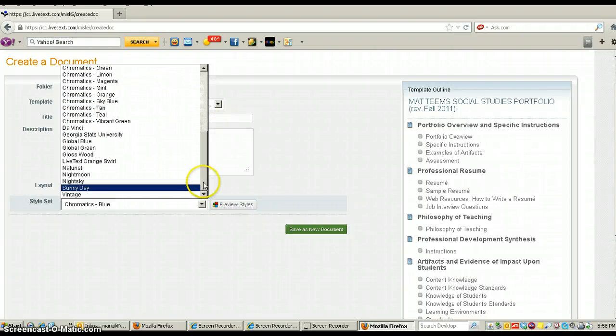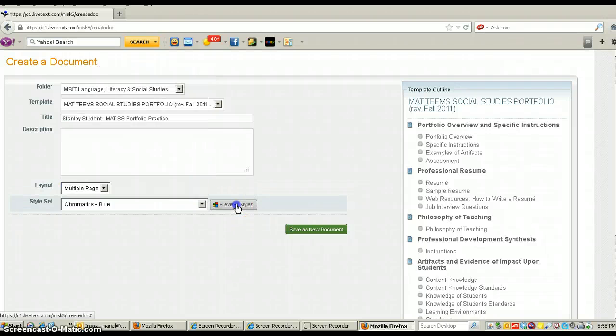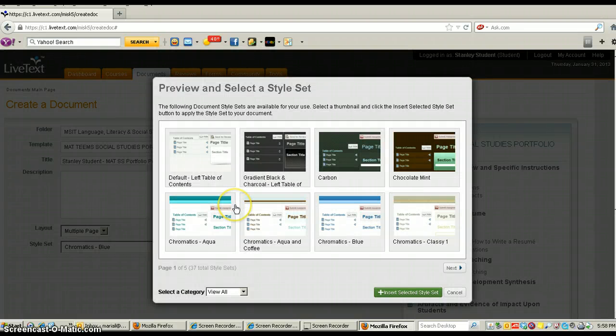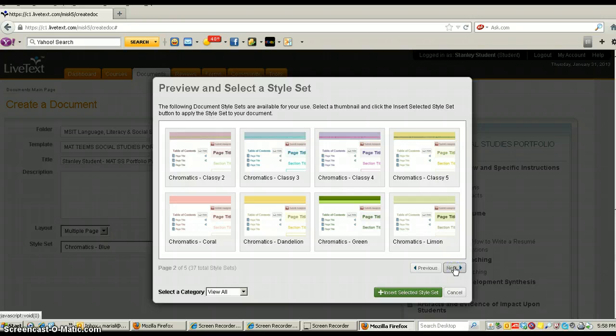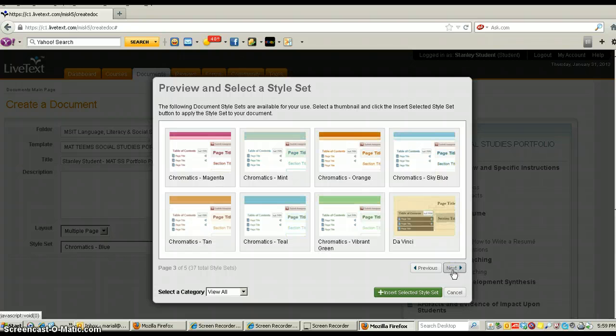Or if you don't know what they look like, you can click on the Preview Styles button, and that will take you to a preview of the different styles where you can look at them. You see there's different colors. Some of these have the table of contents on the left, some have it on the right. You can click on the Next button to scroll through those. There's some pretty pinks and yellows and greens, and Next, and then there's